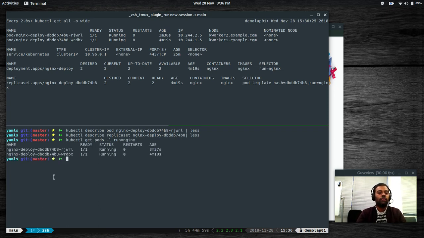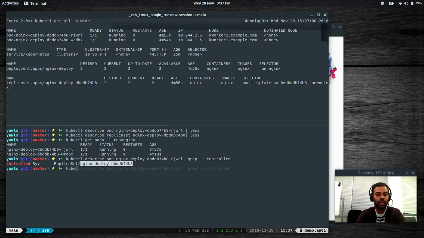So we now have, if you've got a real production cluster, you would be running lots and lots of pods, containers, deployments, replica sets. This is the easiest way to find out which pod. If you know the label, you can filter it using that label. And if you look at one of the pods, you can go from there and grep for controlled by, and it gives you, okay, so now we've got these pods, and these pods are managed by this replica set, and